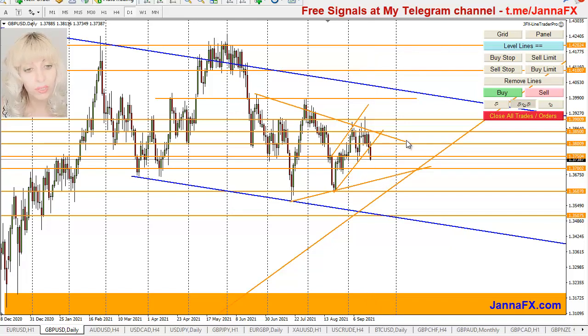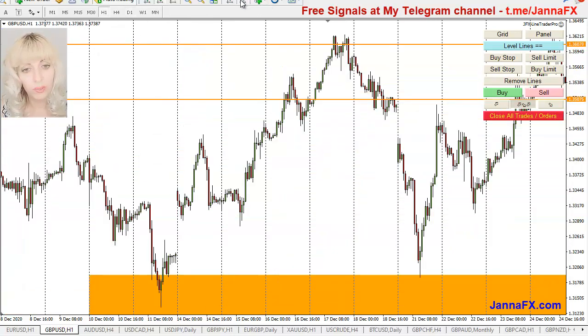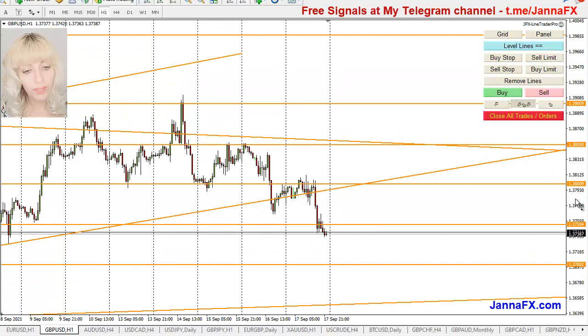So I will not be excluding this scenario, because it does look like a bit of a triangle, okay? So a little bit of a triangle again. That's why don't be surprised if it will do this here and start to turn around, okay? So yeah, at this moment I don't have the entry point, and just like I'm saying, it needs a little bit more accumulation around this area first, okay? So just a little bit, and then we will see. Like I'm saying, it might go for a bit of correction up there, or continue to 37, and at each of these levels I will be looking at those possible entry points, just like as usual, pretty much.